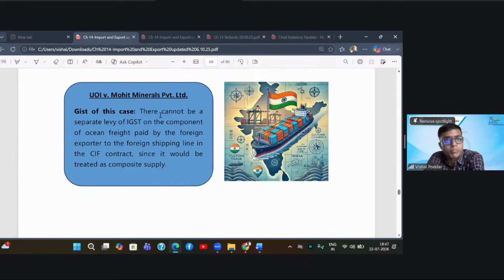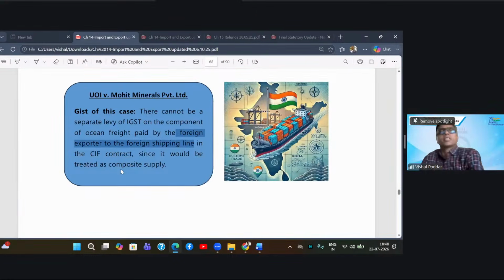Now, where the price is fixed on CIF, it means the foreign exporter will be entering into some type of understanding or contract with a foreign shipping line so that the goods can reach the Indian port. Since the transaction is between two foreigners, the supplier is the foreign shipping company, and the recipient of the service is our foreign exporter. So hence the supply cannot be taxed in India, and hence in Mohit Minerals, the Honorable Court